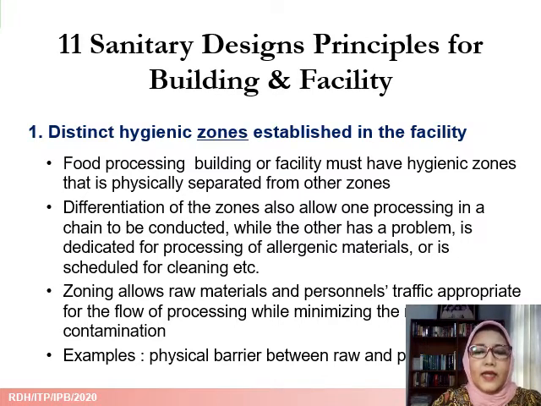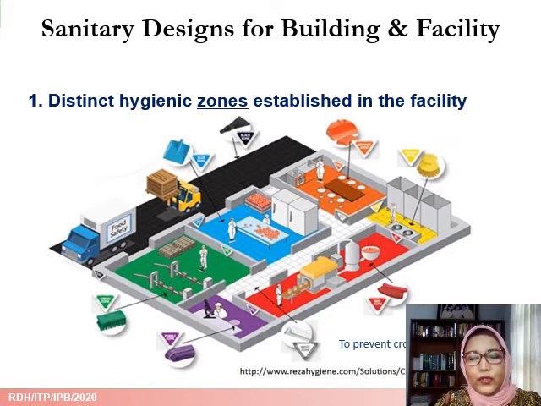This differentiation can allow one processing in a chain to be conducted while the other has a problem or is being dedicated for cleaning, etc. Zoning also allows raw materials and personnel traffic appropriate for the flow of processing while minimizing the potential for cross-contamination. An example for this is the physical barrier between raw and processed food. This graph shows you a very distinct separation between one chain of process to another that will help to maintain